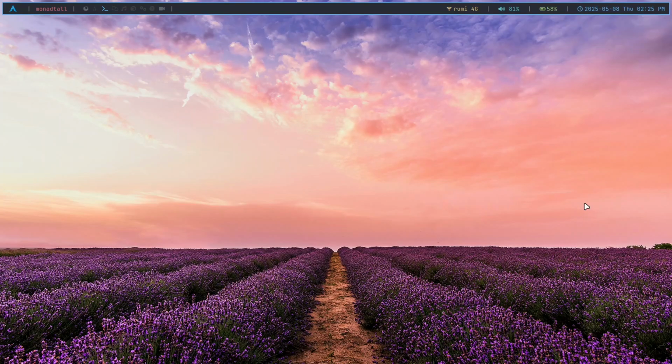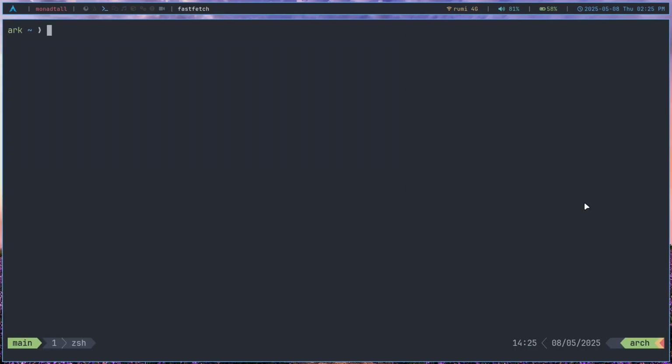Your wallpaper is probably a very important part in making your desktop look awesome and cool. And today I'm just gonna go through how to find good wallpapers and also how to manage your wallpapers and set them in Linux. So first of all, let me open up my terminal just to show you my collection